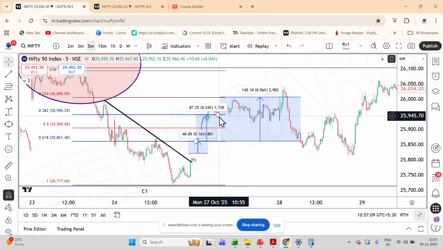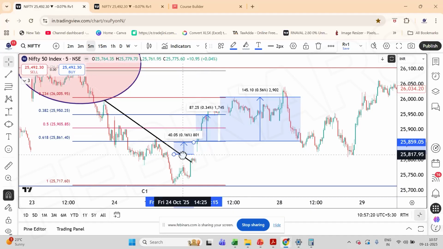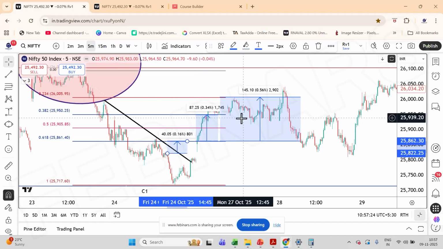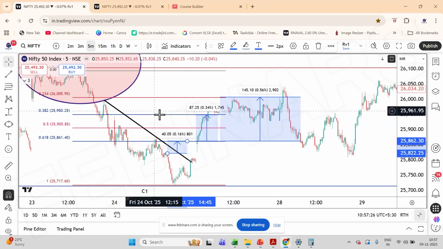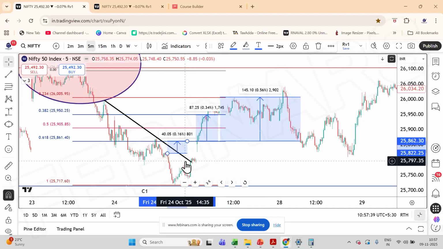And my first target would be at least 87 points from here. Once I enter, my first target would be 87 points from here. 40 points stop loss, 87 points non-stop rally. 1:2 is the risk reward ratio. And then the consolidation zone again in this retracement, and the second target objective, that is purely